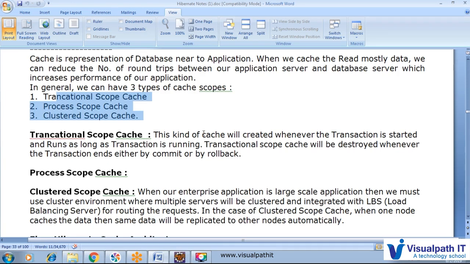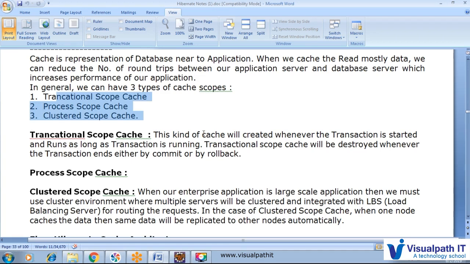A transactional cache is created whenever the transaction is started. Like transaction dot begin, session dot begin transaction, whenever we write that, the transactional scope cache is automatically activated and started, and it stays active as long as the particular transaction is running.